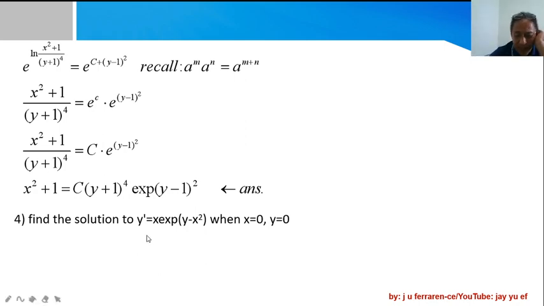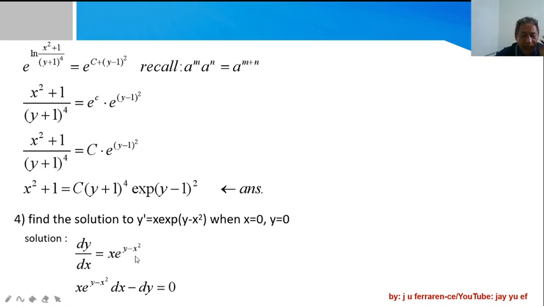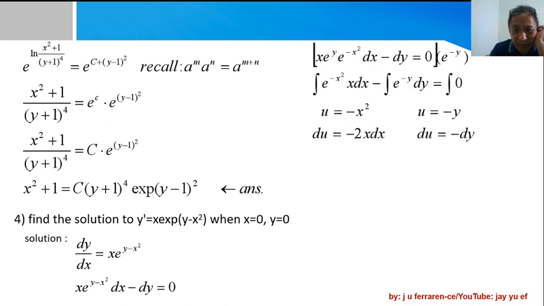y prime is dy dx, correct? Okay? So, in the same notation as before, exponential, my function is y minus x squared. So the x term, dy term, equal to 0. I cannot integrate yet because x and y are still part of the coefficient of the dx. So, I have to apply factoring by using this law of exponents, the same as before. Now, in factored form,